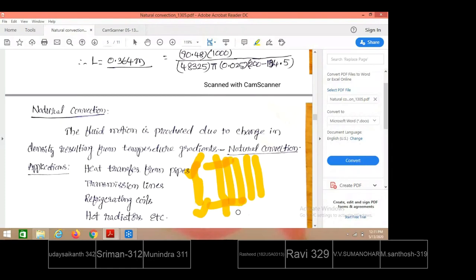Buoyancy force means a natural circulation of fluid momentum is created, and automatically the air molecules start to rise up or rotate, making contact with the hot surface and taking away the heat along with them. This is the natural convection mechanism. So we don't use an external fan, a blower, or compressed air.